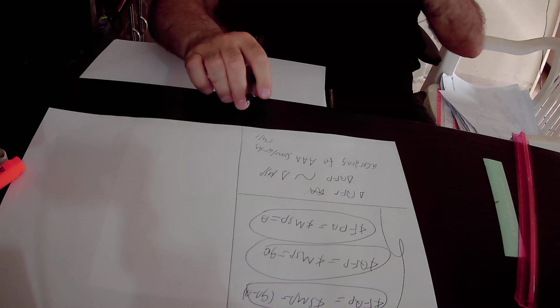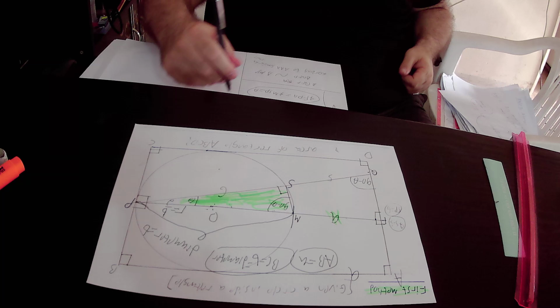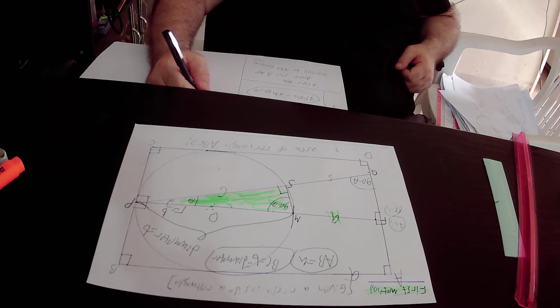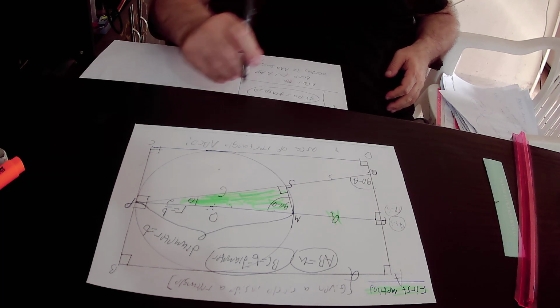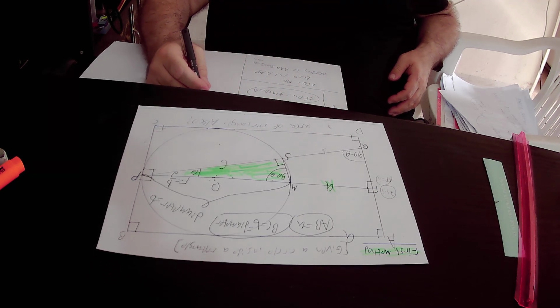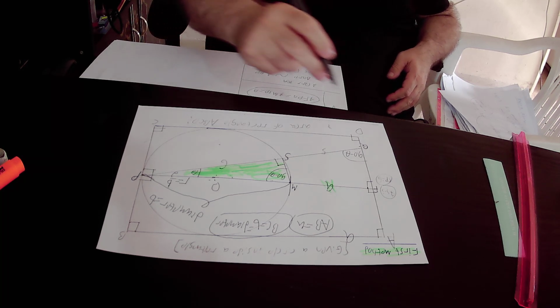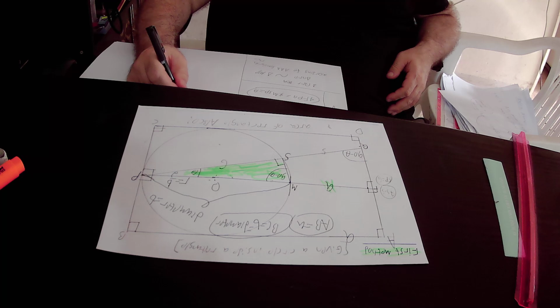And from the fact that the green triangle is similar to the big right triangle, we conclude that the following relationship exists between their sides. We conclude that FP, that is the side of the big right triangle, over SP, that is the side of the small green right triangle, is equal to QP, that is one side of the hypotenuse of the right green triangle,